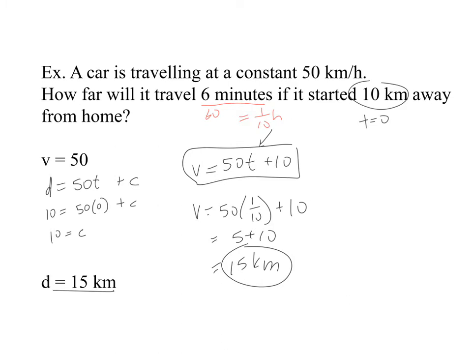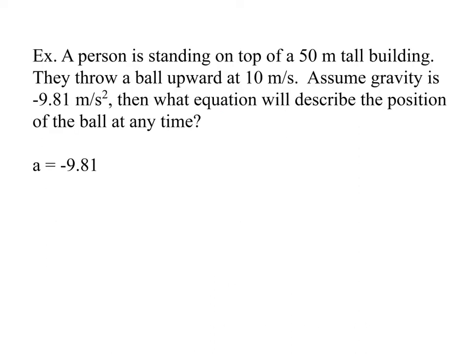So with these questions, they're pretty simple. Do the antiderivative, but the issue is solve for c. And sometimes the wording can make that part a little bit tricky, but that's basically the issue you have to worry about. So this next example says a person is standing on the top of a 50 meter tall building